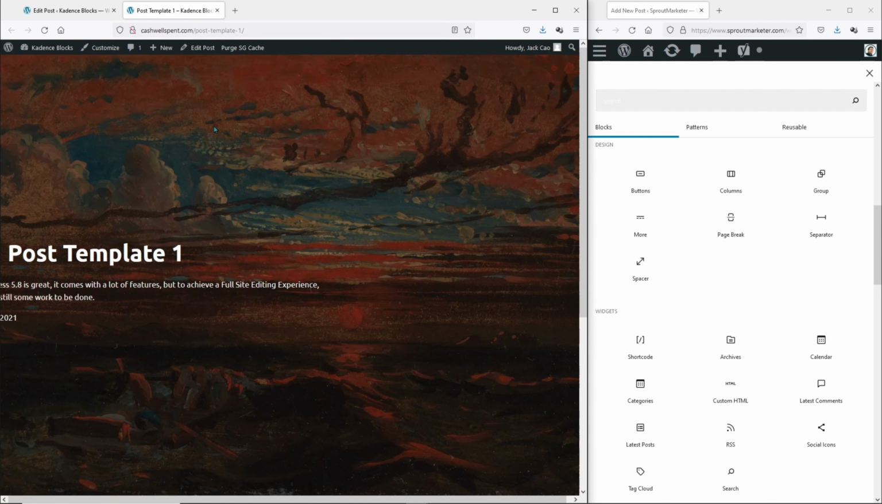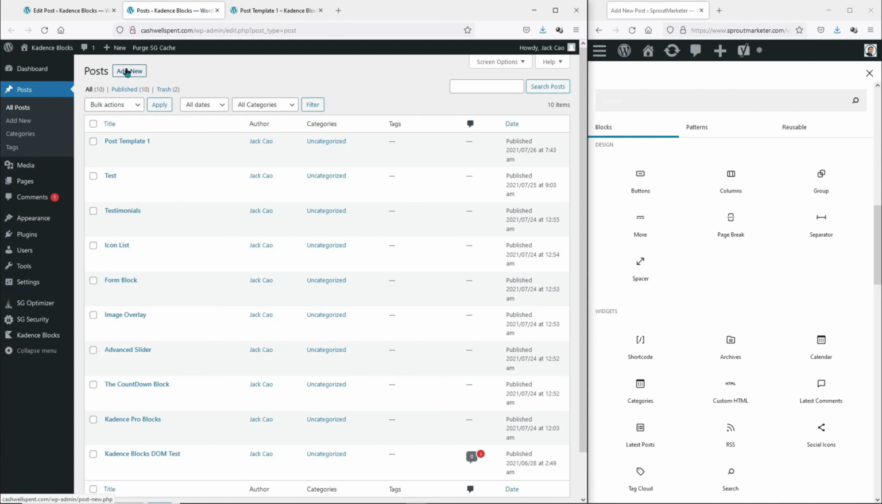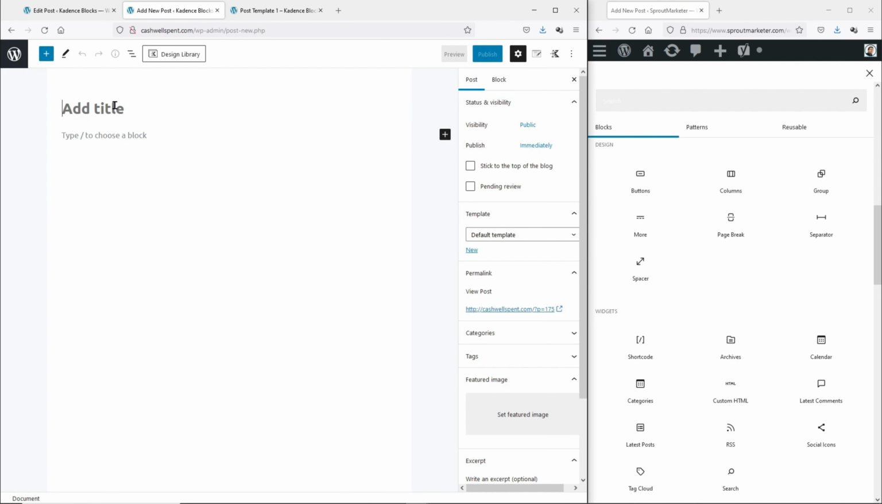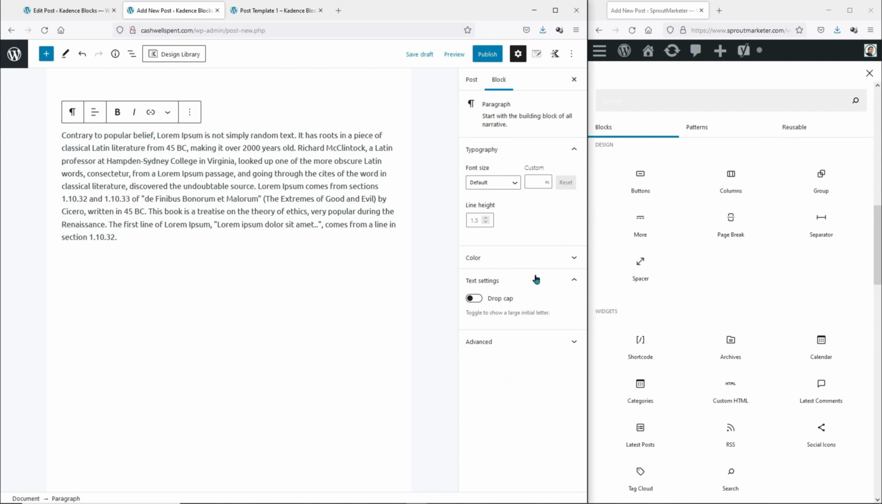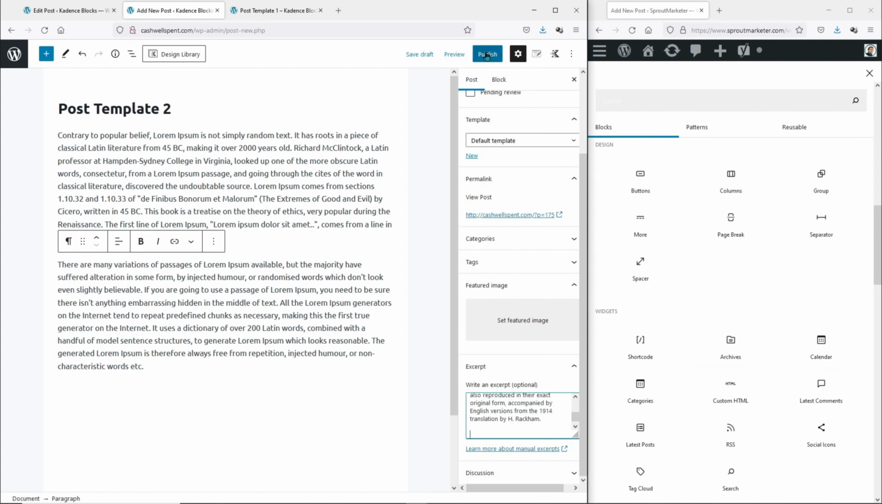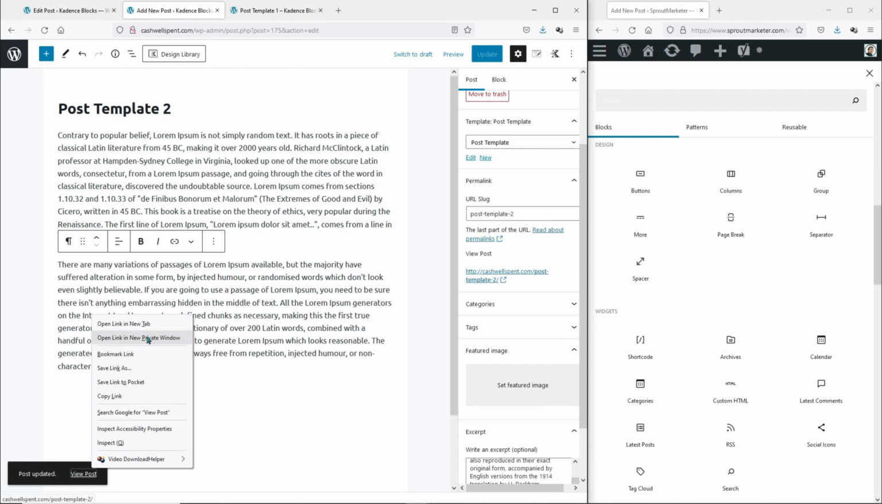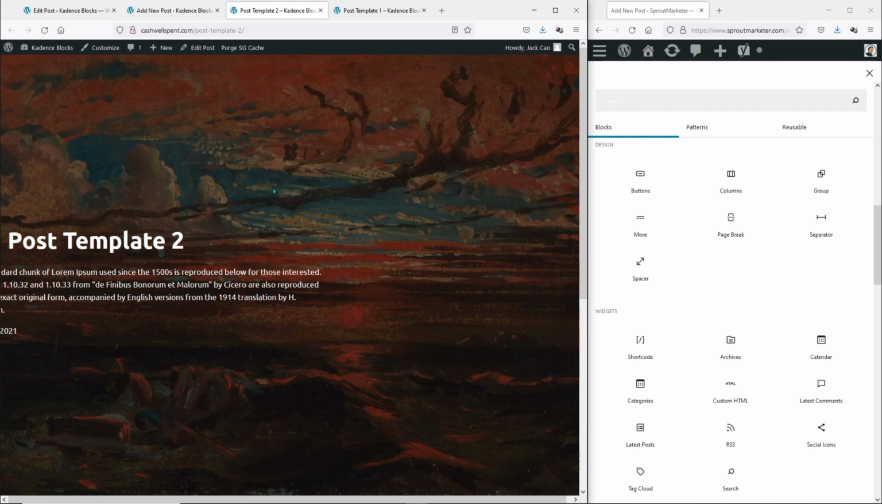Now what if I want to add a new article? Let's say I open up the post in a new tab and add new. And for this article, I'll just write as post template 2. I'll write in some text, write in some excerpt. Let's publish this. Sorry, I forgot to select the post template we've just created. Let's update this. And if we view posts, as you can see, without doing anything else, the new article is